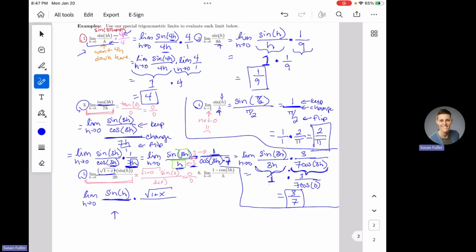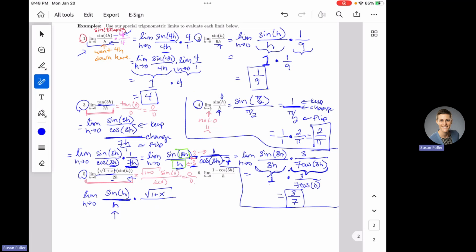I would need an h. Do I have an h on the bottom up here? Yes, actually, I do. I have an h down there, so I'm going to put it over here with my gift because that's going to finish off my gift. But that's not the only thing that I have down here.